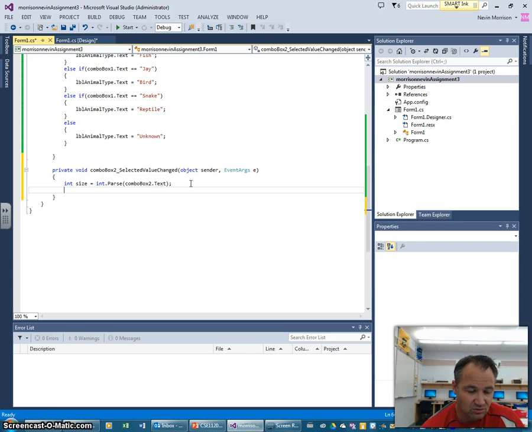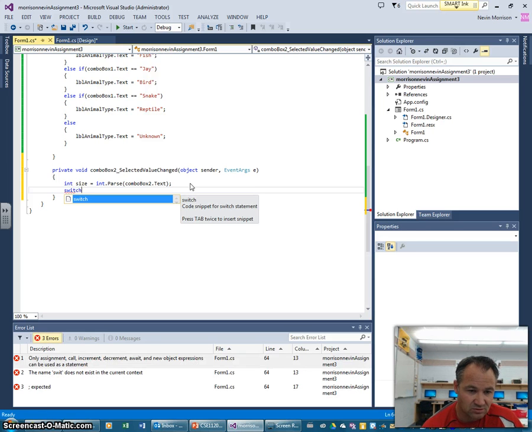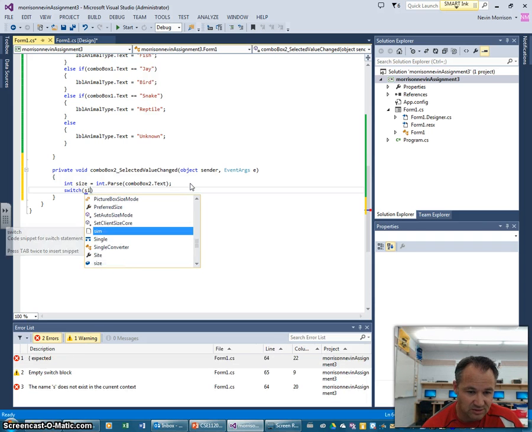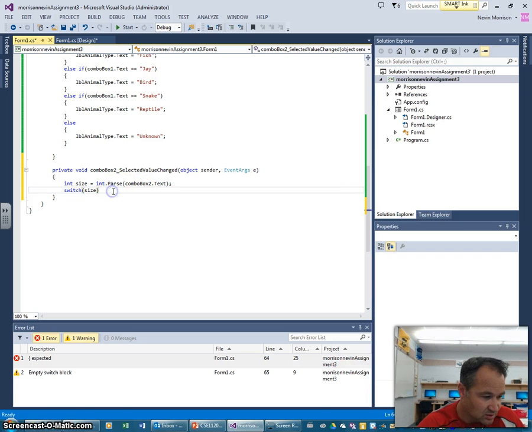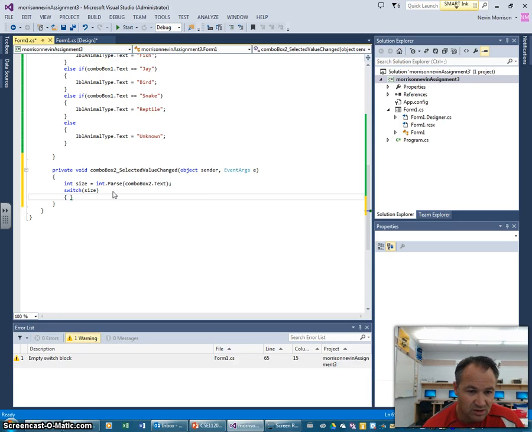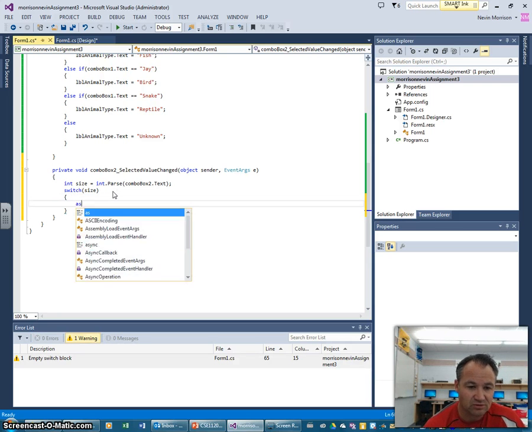And so now we're going to do a switch statement. So we're going to go switch, and we're going to say we want to take in size as the context. And from there, sometimes I always forget the syntax, so I have a little cheat sheet here. And so then what we're going to do is go case,